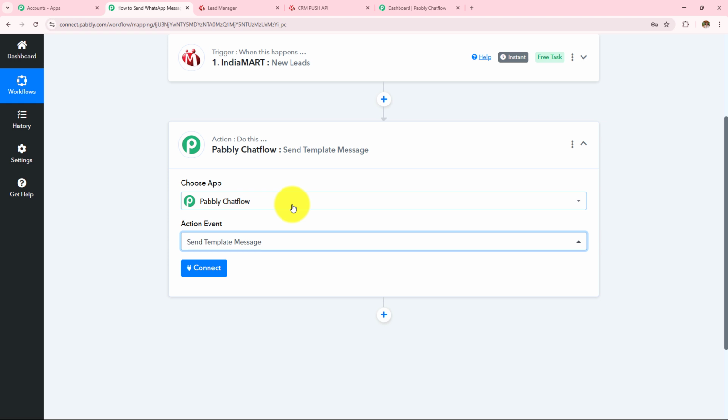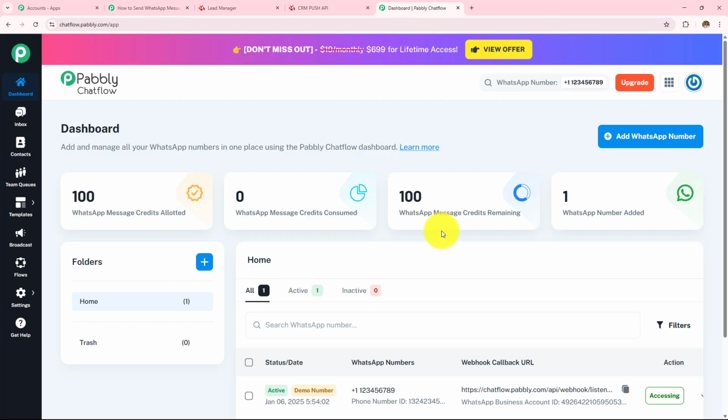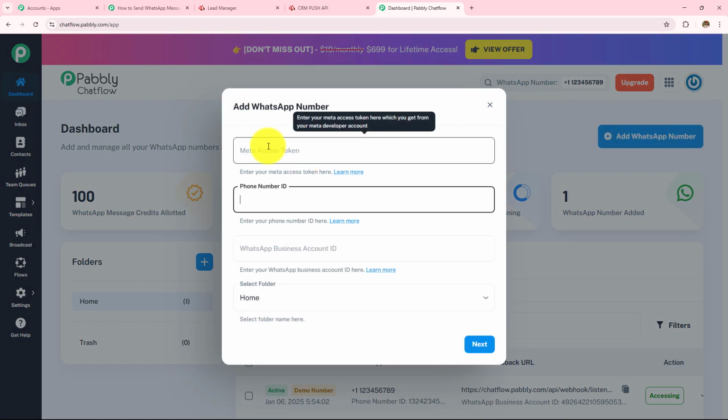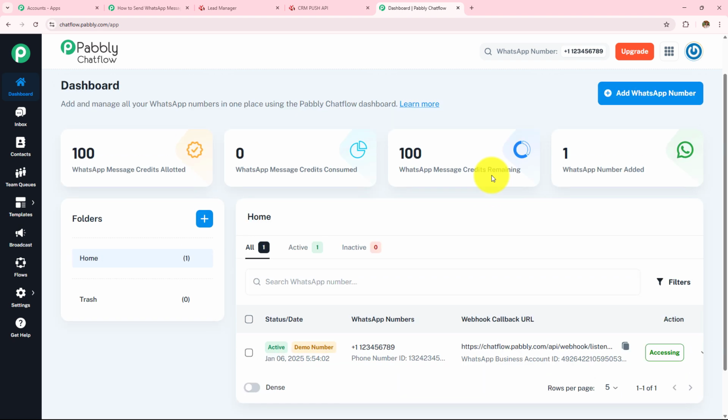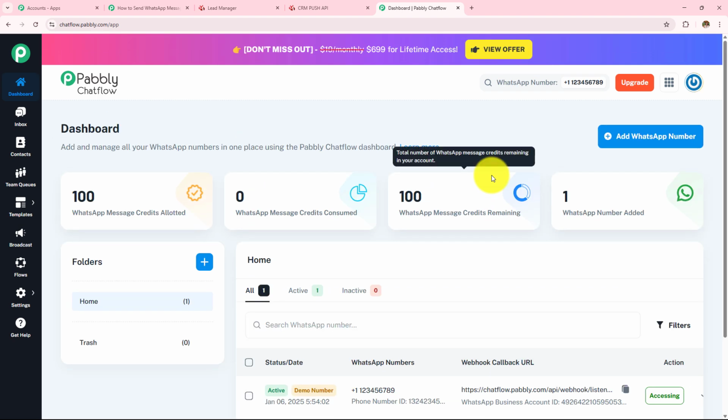Now let's open my Pabbly Chatflow account. So this is the app dashboard of Pabbly Chatflow. And if you want to create your own Pabbly Chatflow account, you simply have to click on this add WhatsApp number. Here you need to add all your details from your WhatsApp Cloud API account, like this. Now if you want to learn how to create your own Pabbly Chatflow account, you can visit the video of Pabbly Chatflow configuring WhatsApp Cloud API and creating Pabbly Chatflow account that we have added